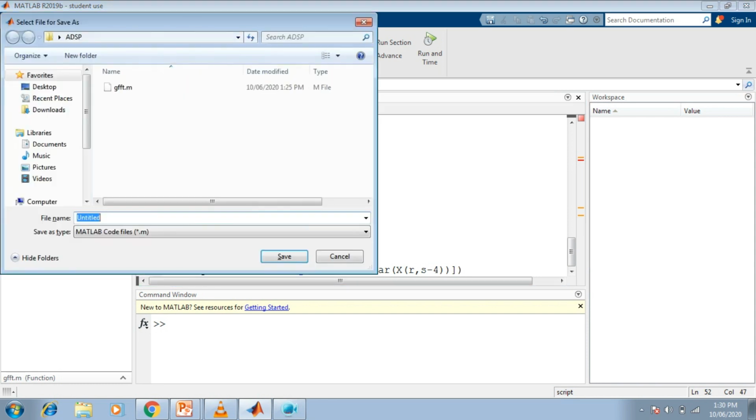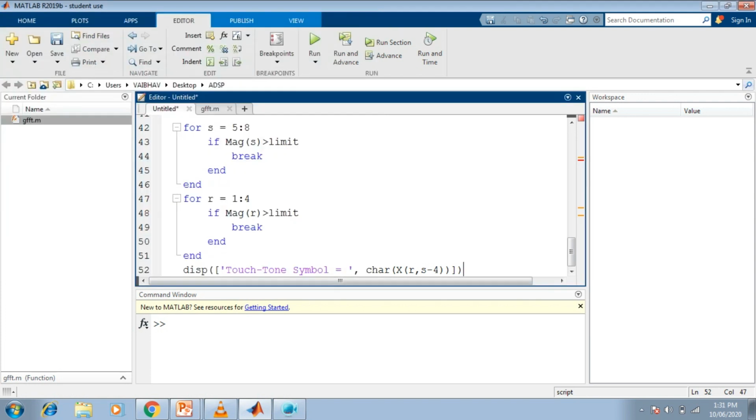We must save the script. As this is the 14th topic, I just mention the name as program underscore 8 underscore 14, so from the 8th chapter we have the 14th video. .m will be the file extension here. It has been saved to the current directory as well, and the name has appeared in the editor window. Now we would like to run this particular program.